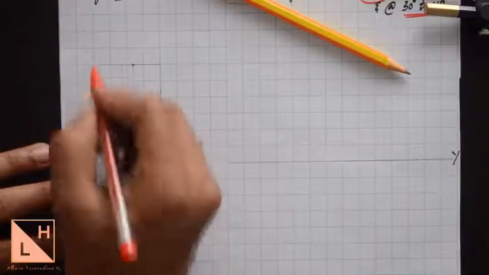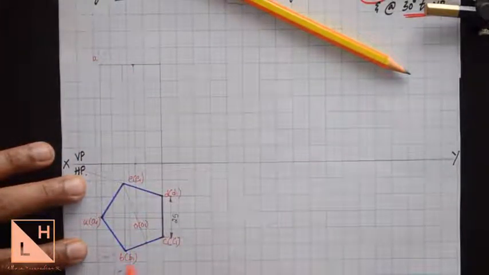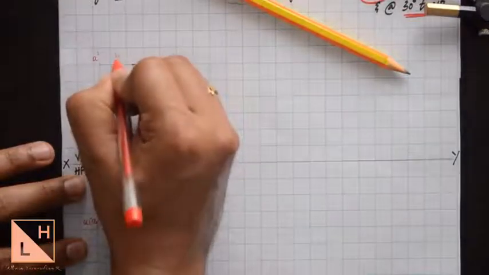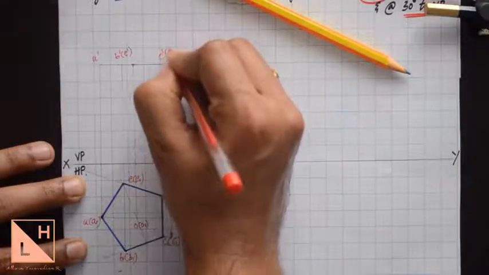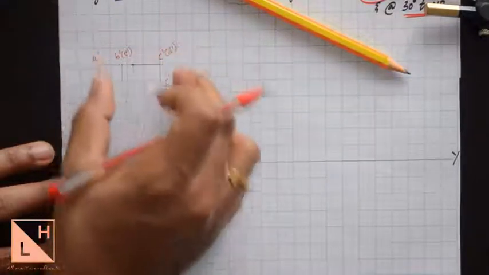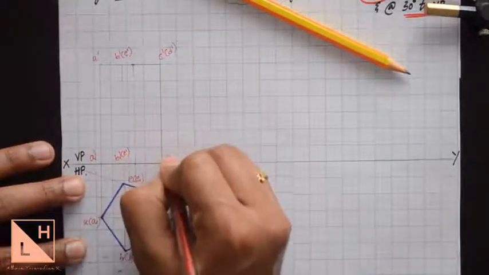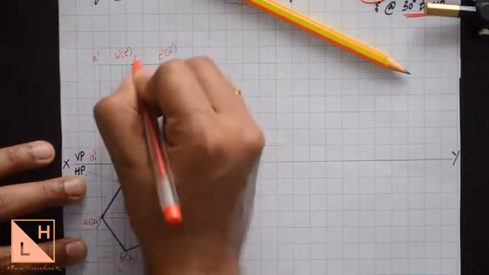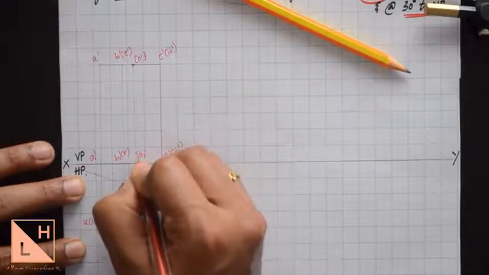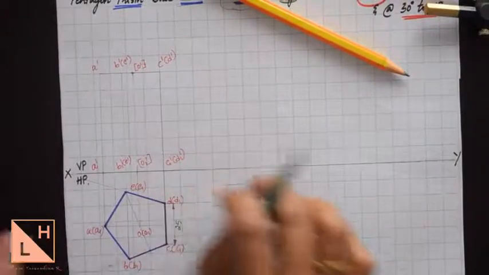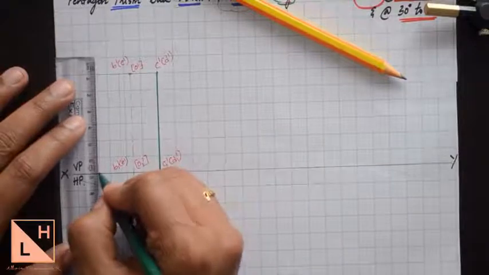Now the top face will be named without 1, which is going to be A dash, and here looking from bottom to top direction, first point is B, next is E. So B dash and E dash will fall together, with E dash in brackets, and same way here C dash and D dash. The same names will repeat at the bottom but with 1. The axis line will be represented as O dash in the top and O1 dash in the bottom. So we can darken the edges of the front view using a dark line. The front view of the prism will look like a rectangle.